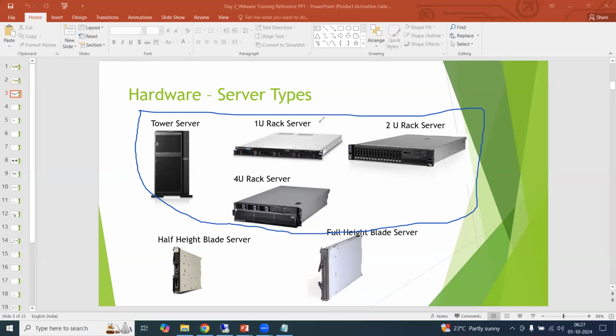Redundancy is nothing but it is going to work at the physical layer. If one device fails, the second device is going to come into the picture. For every server hardware, there will be a redundant power supply. That means each server requires 2 or 4 power cables to provide uninterrupted power supply. And each server requires a networking connection. As we talk about server hardware, minimum 2 network ports will be there. Generally, in virtualization,